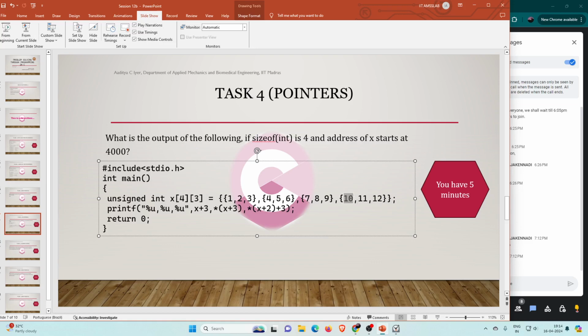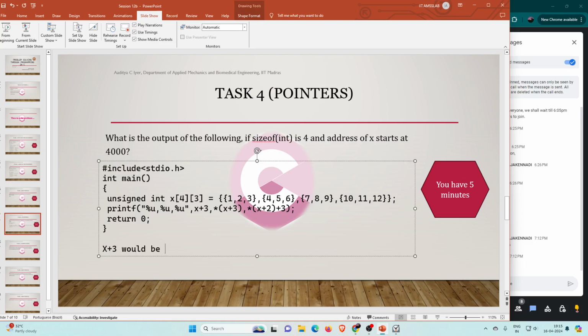So I am at the beginning of the fourth row, right? So what will I multiply with 3? To get to the fourth row, I have to cross 9 elements. So I'll write here, x plus 3